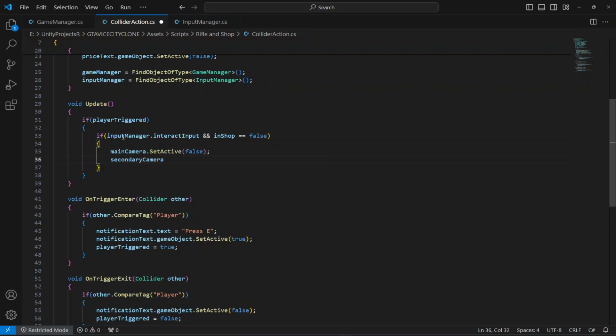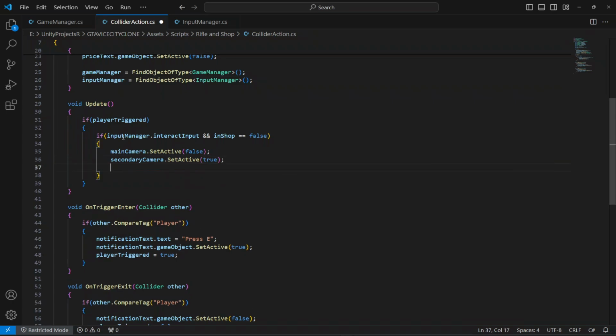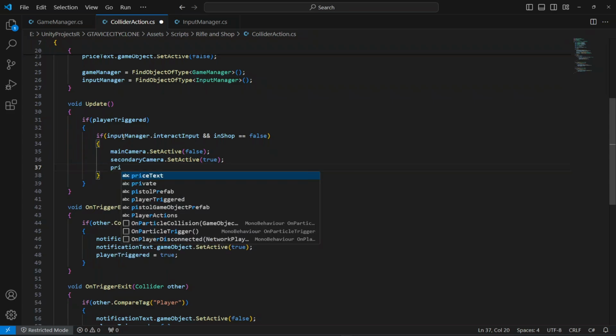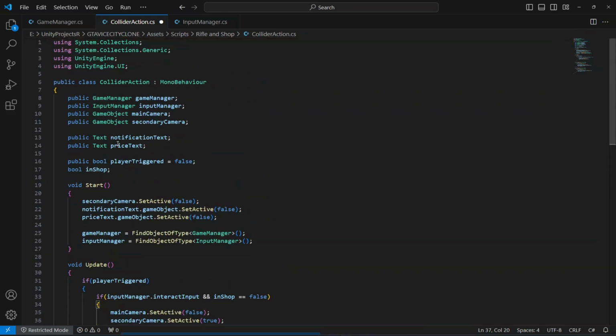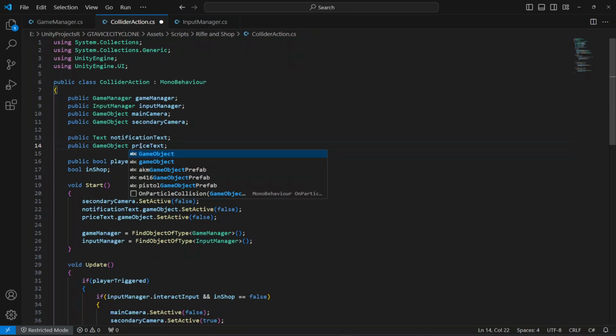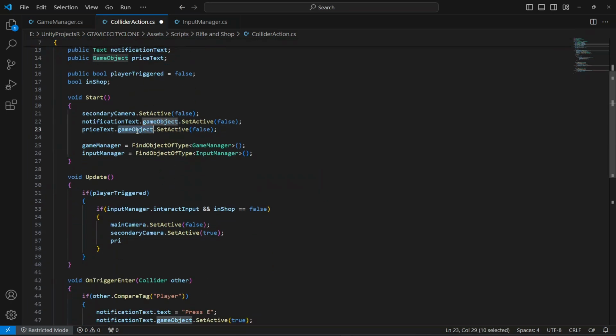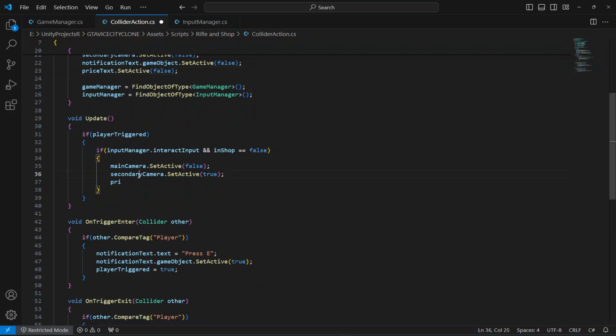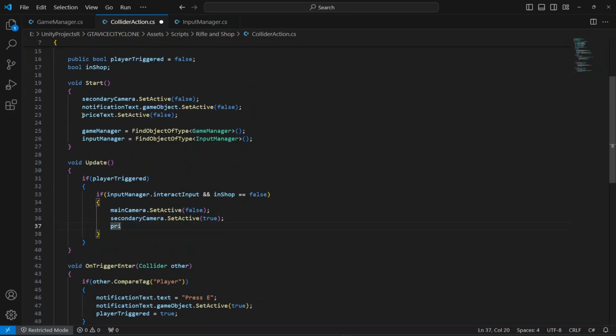Then the secondary camera will be set equals to true, and after that we're gonna also enable the price text. Actually let's make this price text a game object. Okay, and then right here remove this dot game object thing from there, and right here we can just copy that now and paste it right here. So price text dot set active, set it to true,